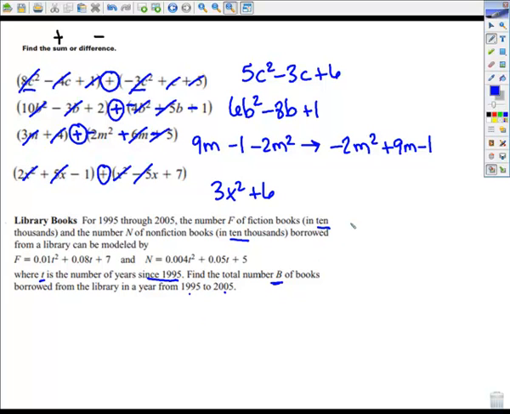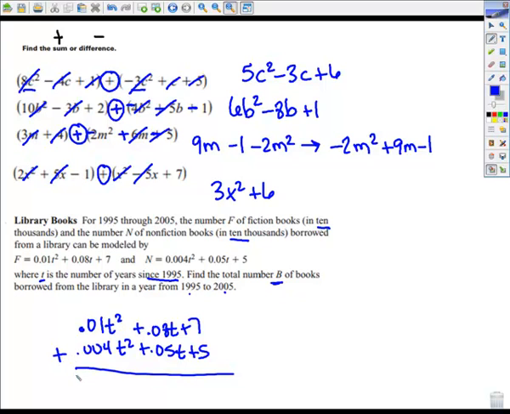So we're going to go ahead and do that, and we're finding the total, so we're going to add them. Another method for adding polynomials is to stack the like terms, and that's what I'll go ahead and do here. And now we will add them. And when I add them, this is my results. I'm just adding the like terms. And that's the final answer for this, but suppose we want the total borrowed